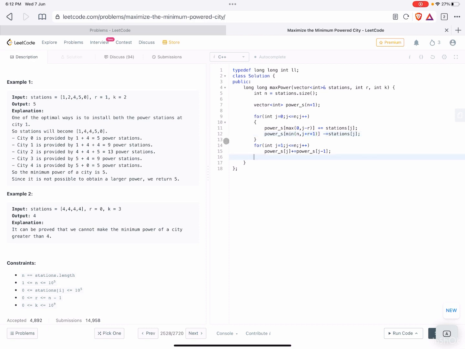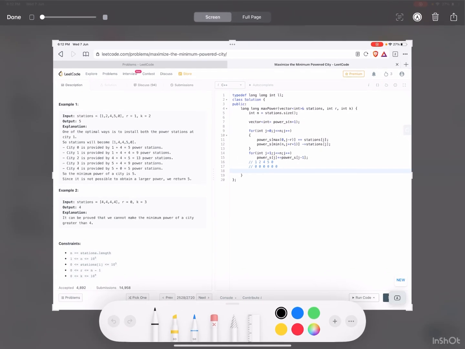So when I do this, initially my original elements are 1 2 4 5 0, and initially I have defined the powers array as all 0s. After the first step, let me just take a screenshot and I will show it here.